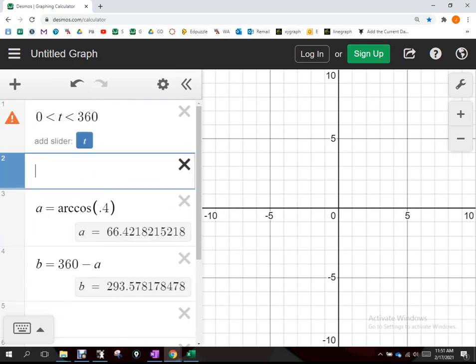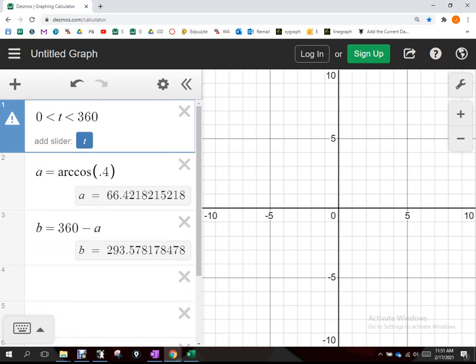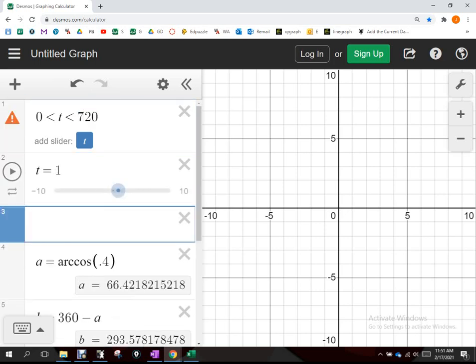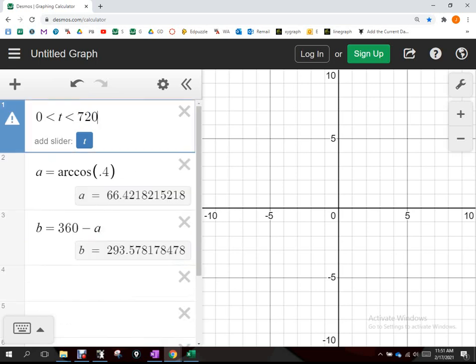All right, so let's say that we're looking between 0 and 360 for answers. These would be two answers for that, right? What if I said let's look at 0 to 720? What do you think I would do with these two answers to get all my answers between 0 and 720